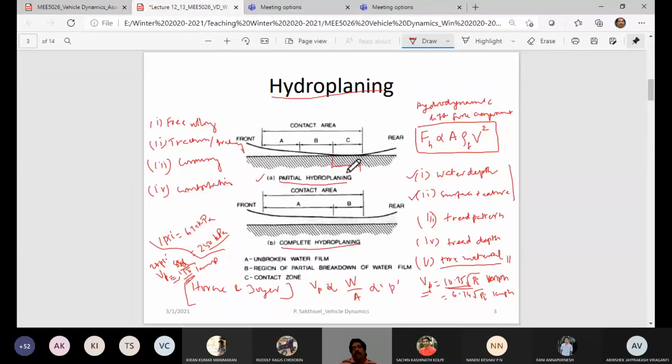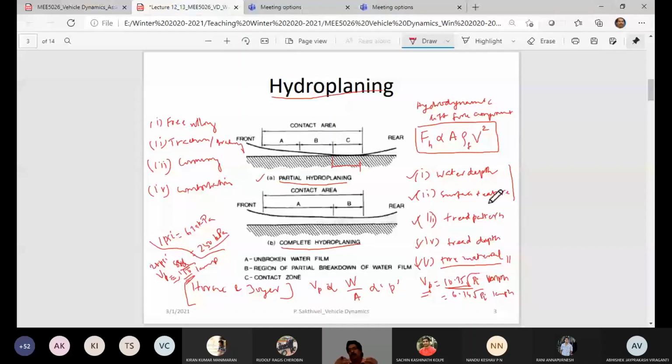So that is the reason why you would have the tires to be properly designed. The road pavement should be properly made in order to meet whenever such scenarios are there. The separation is prevented even at high speeds of your vehicle. The lift force would not be balancing the normal weight, and the contact is ensured, provided all these aspects are made. So you would have water depth is not much, because your road surface is porous, it has been taking inside, and then the surface texture is such that you would have